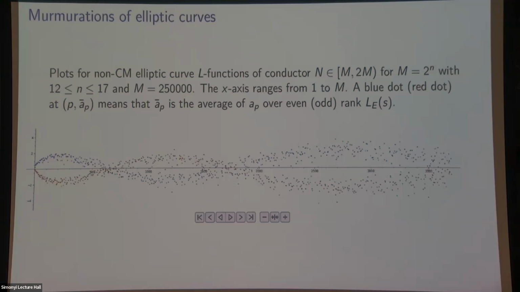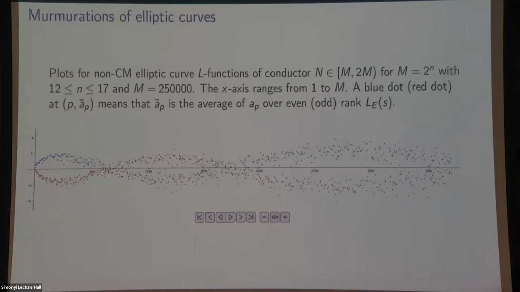So I'm taking each isogeny class once, and I'm taking a dyadic interval of conductors from M to 2M, and then I'm taking all the elliptic curves, and in this case, I'm restricting to non-CM because I want to have Sato-Tate group SU(2). The CM curves are 0% of them, so it's not really going to make a difference, but just to keep things clean, let's just focus on the L-functions with Sato-Tate group SU(2).